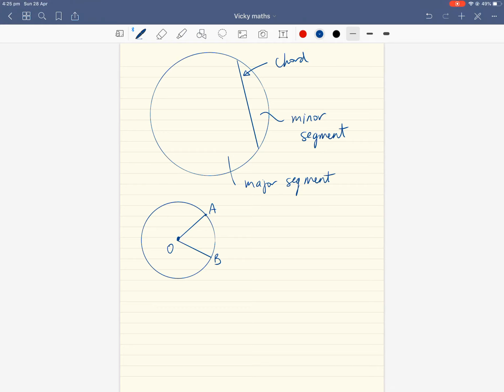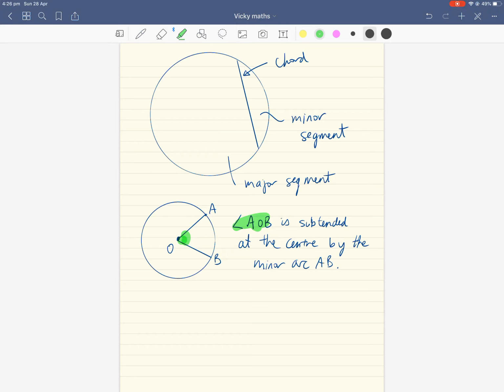So what we say is that angle AOB is subtended at the center by the minor arc AB. Alright, so that's just a fancy way of saying angle AOB, so that's the angle inside here of your